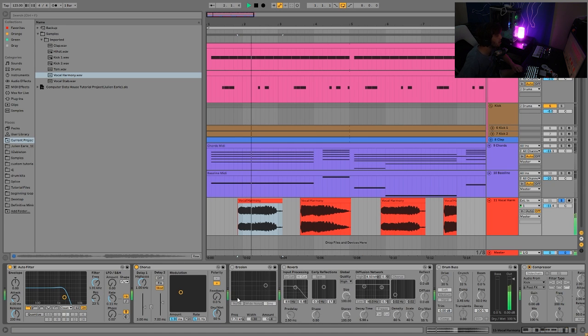Then we have some chorus, which you can hear just spreads it out and makes it sound very lush. Then we have this erosion, which makes it feel like it's being bit crushed, which really helps to recreate that old school sampler effect, like the old 12-bit Amiga computer samplers and MPCs and pretty much any sampler you can name. It gives it that crunchy, bit crushed feel, and we're just recreating that with erosion. You can even do a little bit less, probably that much will be good. And then you can put some reverb on it,